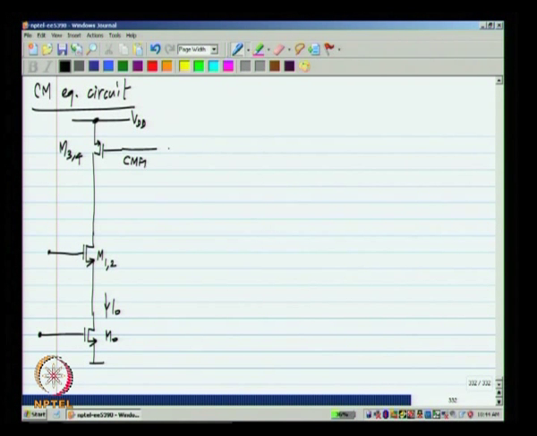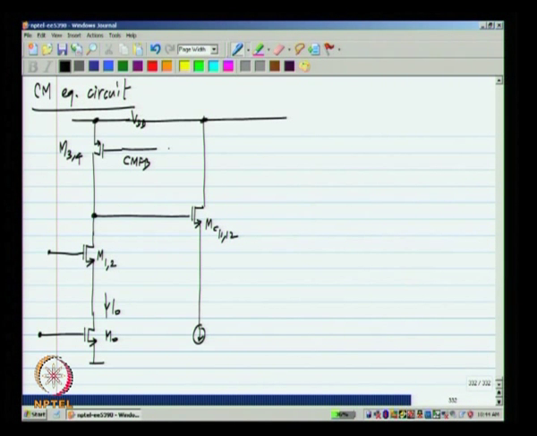This is the common mode feedback node, M3 and 4 are in parallel there, and here I will have MC11 and 12 in parallel with a bias current of 2 IC0, because I have two current sources in parallel. I have the resistance R by 2. And this part of the circuit, I will use the same color as before.